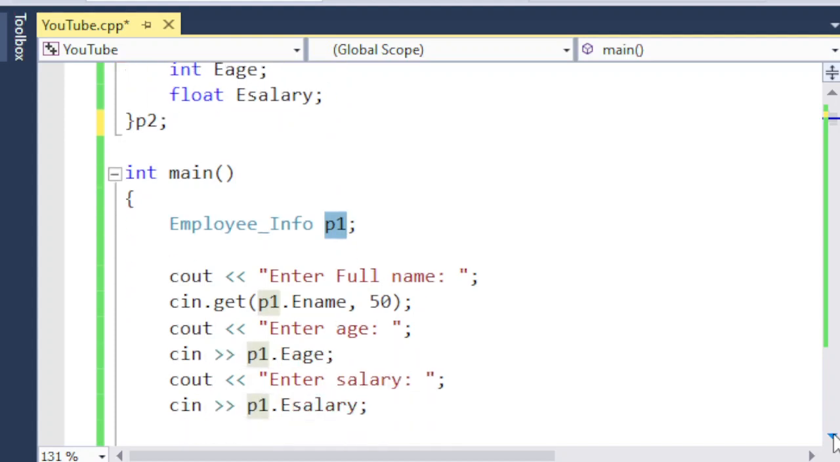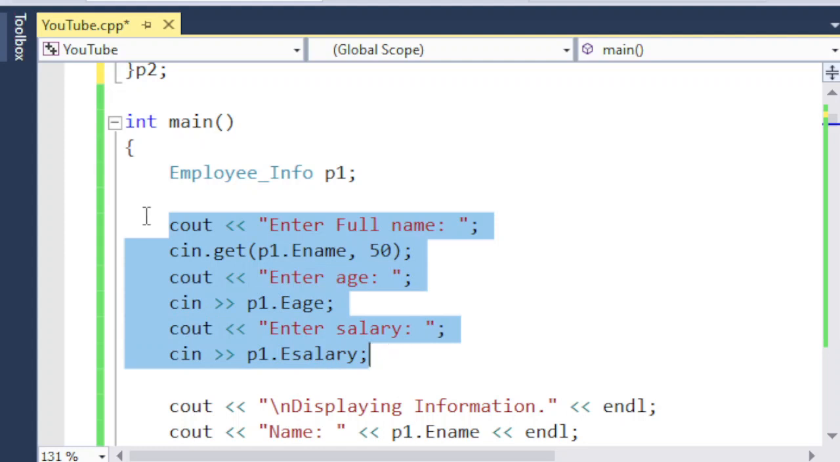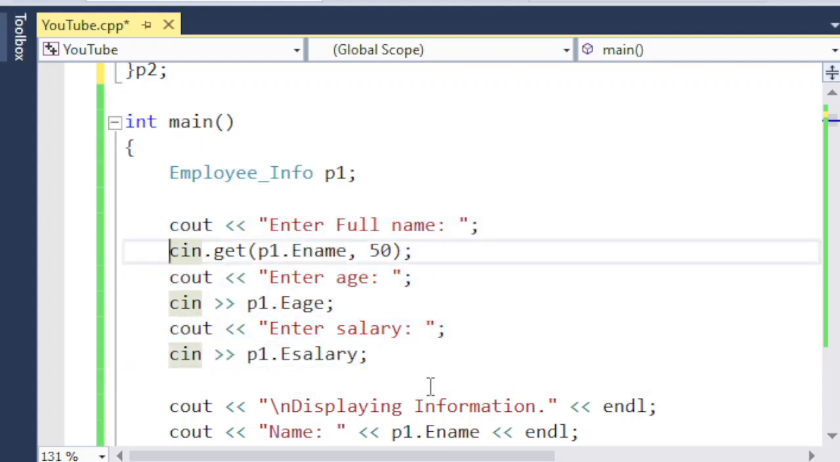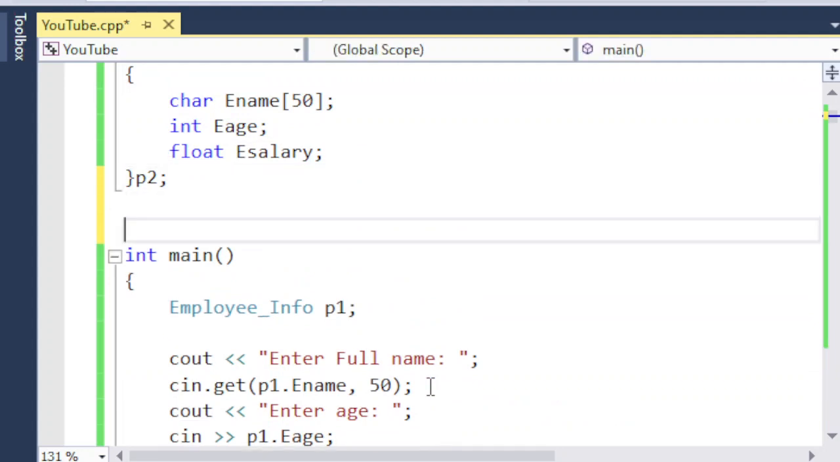What I want to do this time is take values from the user. Here we take the name from the user, and then we enter the age, and then the salary. Now this time I'm going to create a function. So here I'm going to create a function that is void